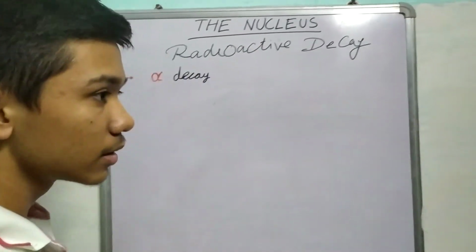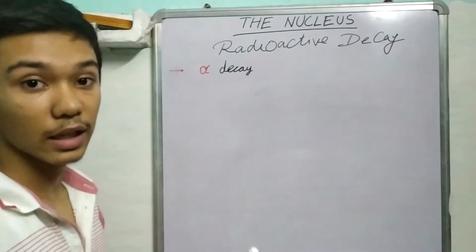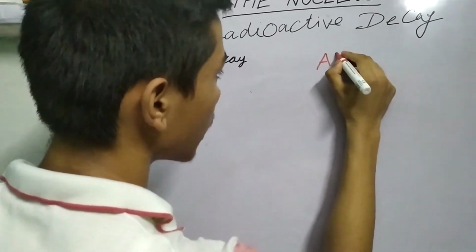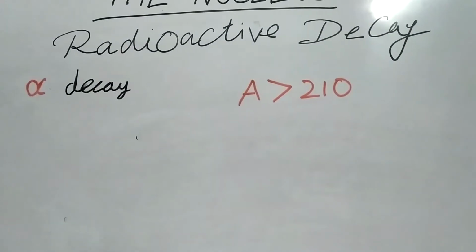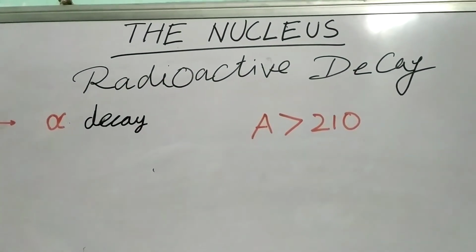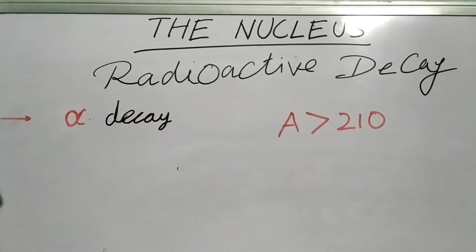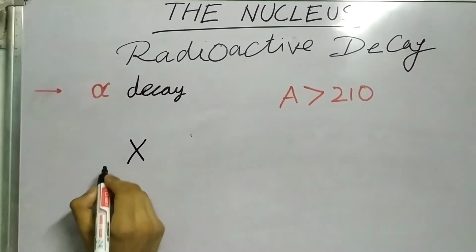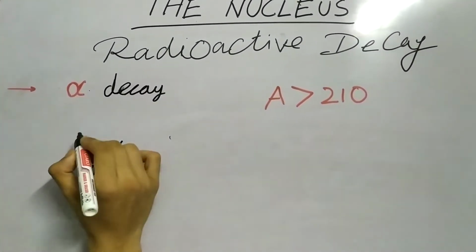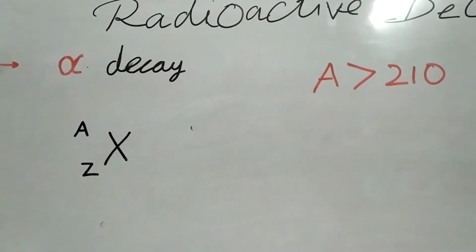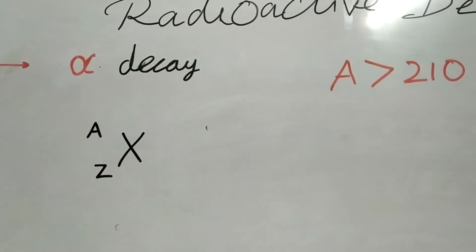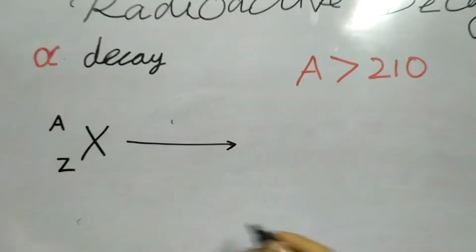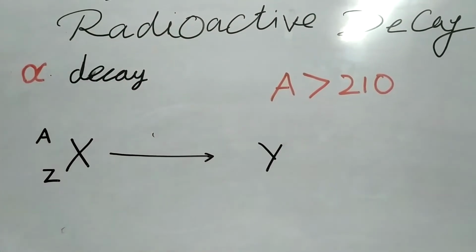Now, the breaking down of these heavier nuclei is known as radioactive decay, and all nuclei with atomic mass number greater than 210 undergo something known as alpha decay. What is it? We'll study. Say we have an element X, which has Z protons, and A is the atomic mass number. What happens in alpha decay is the nucleus converts to another element, let us call this Y,